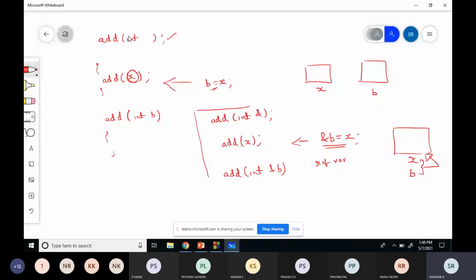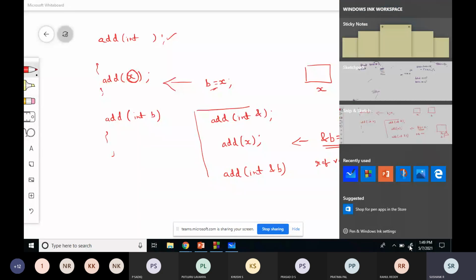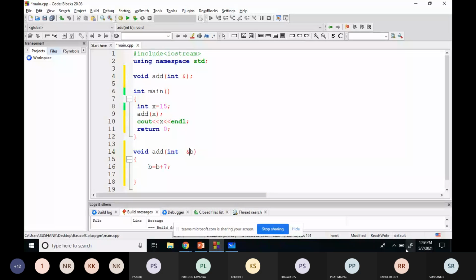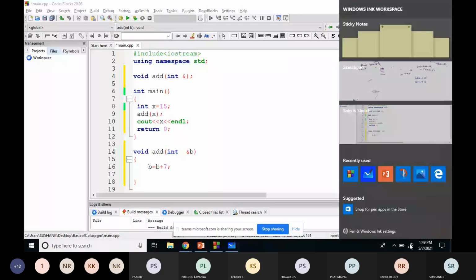No, sir. Okay. Shall I explain it once again? Yes, sir. I think one second. Wait, I'll create one more application. We should be clear with the function definition, function declaration. Then only you'll understand this better.